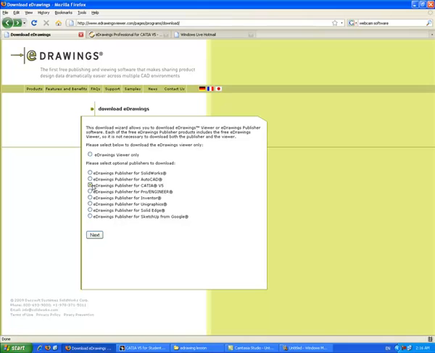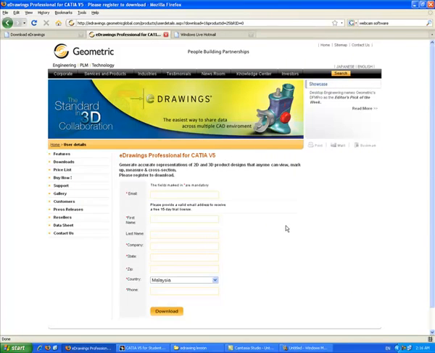So let's say I chose this and then I click next. I will be brought to this website, where I will have to fill in all the details. The main detail is the email only. Just put in your email and the rest you can simply put in anything. And then click download. The file is about 60 megabytes. After you install it,